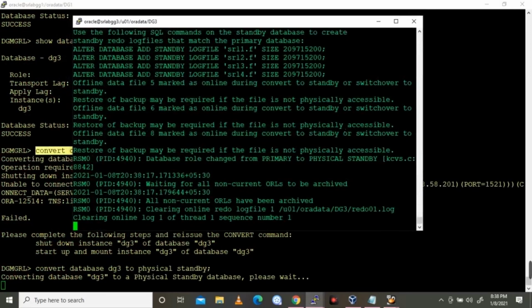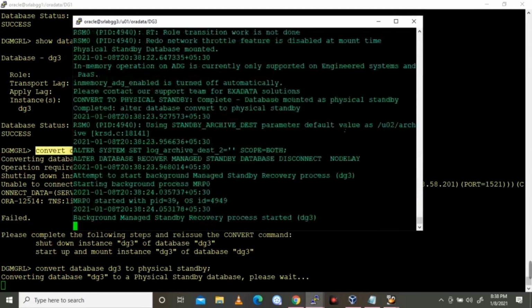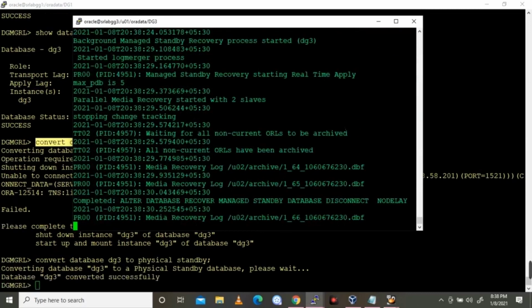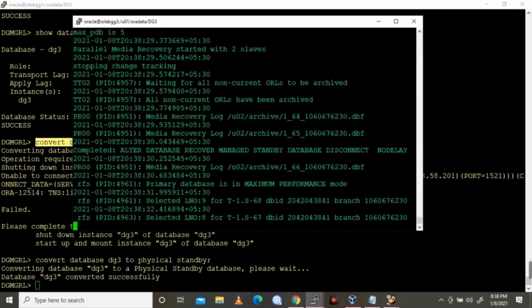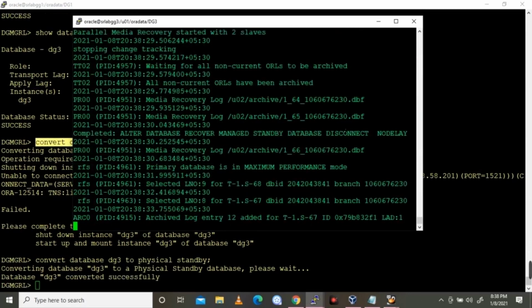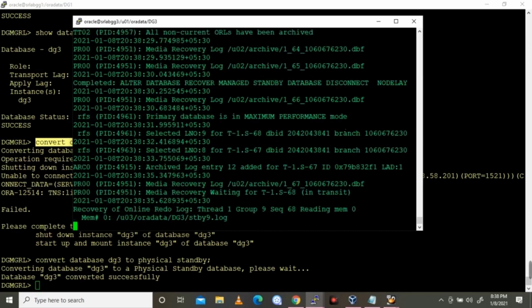So it's converting to a physical standby database. The database conversion has been completed. It started the MRP, so media recovery also happened.